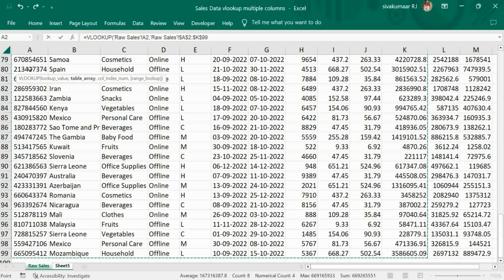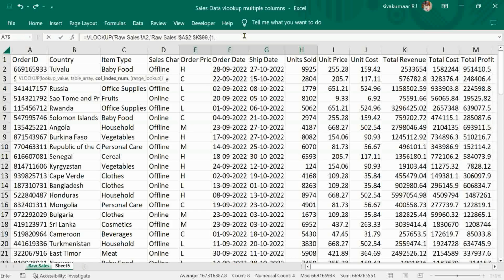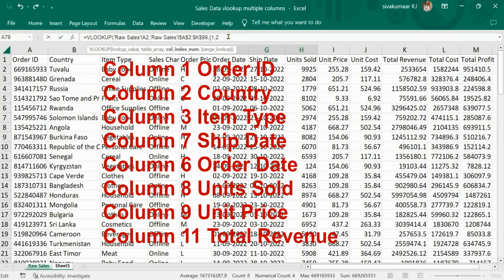Freeze it, comma. Data is fetched based on column number, so bracket open, very important. We want column number 1, that is order ID, 2 country, 3 item type,